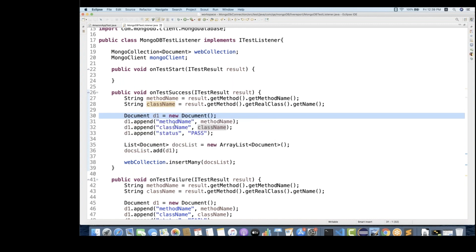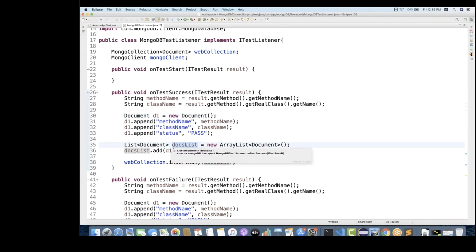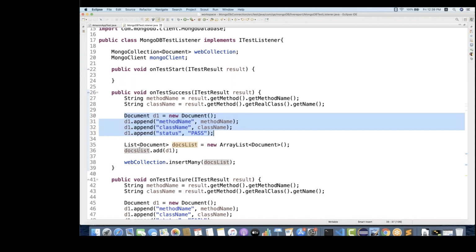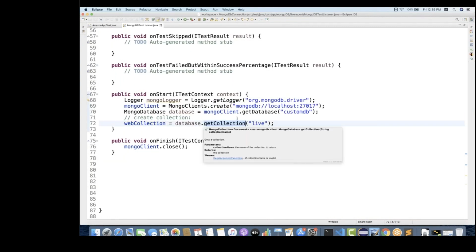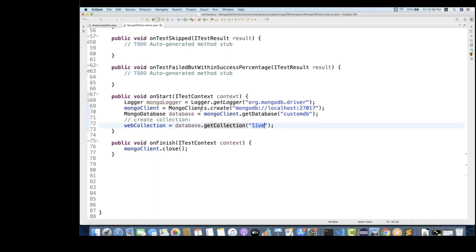And I'm appending the method name, class name, and the status. Obviously the status will be pass. And once this is done, I'll prepare this doc list, add this document to the doc list, and add the doc list to the collection that you have created, the web collection. And the web collection is already pointing to this particular live collection object. So very simple code.